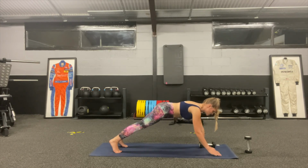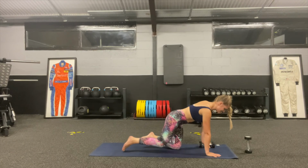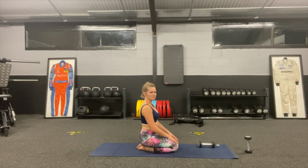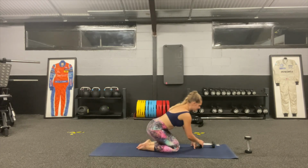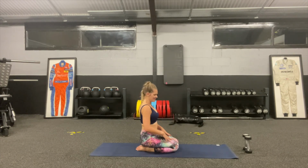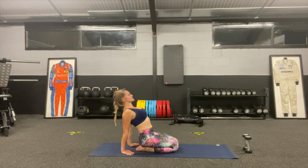We're going to do it once more to each side. Take your time, draw that belly in, and then lower onto the knees. Pause, take a few breaths. You can pop the weights out to the side, bring the hands behind, shift the chest forwards. Take a few breaths here,